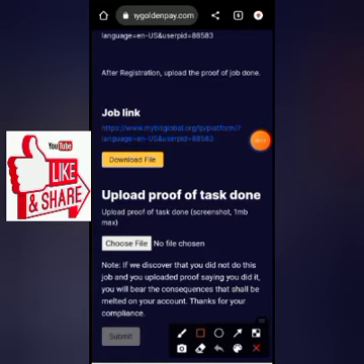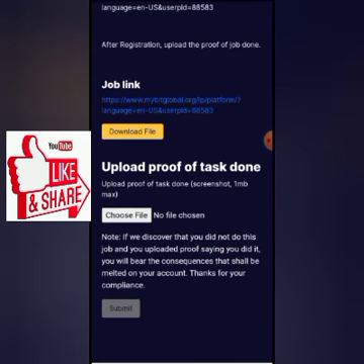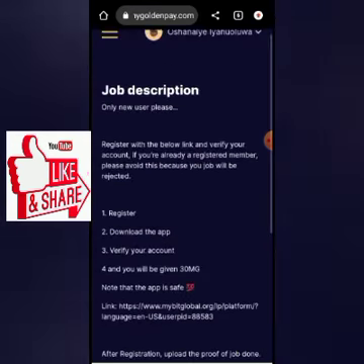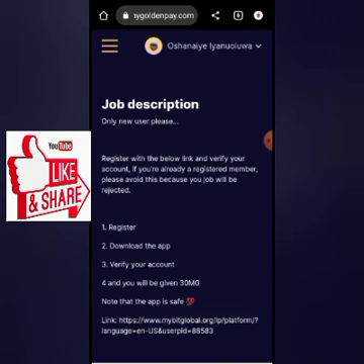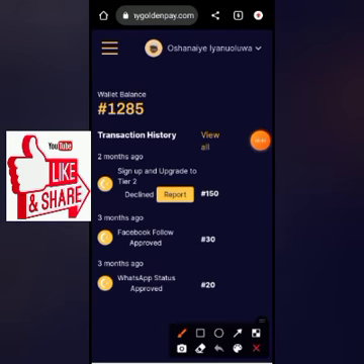to execute the job. Okay, now after you are done with everything, you just submit your proof here. So that is how to apply for any job on this platform. When you click on submit, your job will be approved and your money will be credited to your dashboard. You can see now that I have over 1,000 plus here, and you can withdraw this money at any